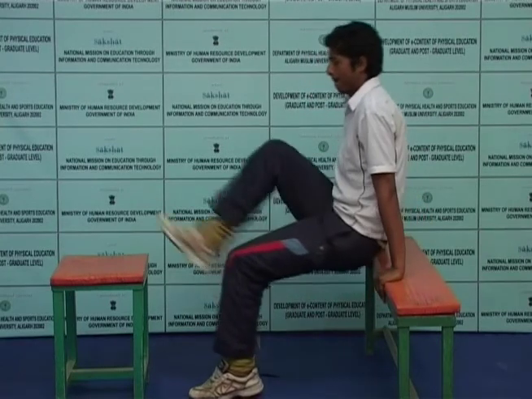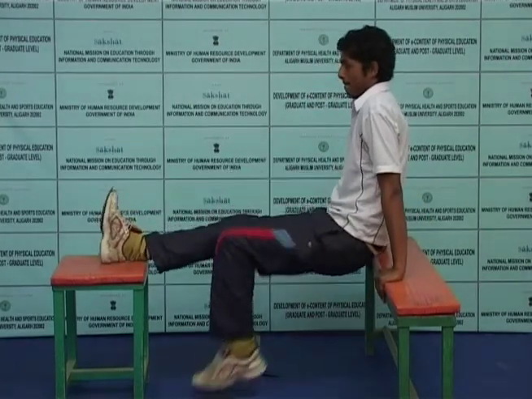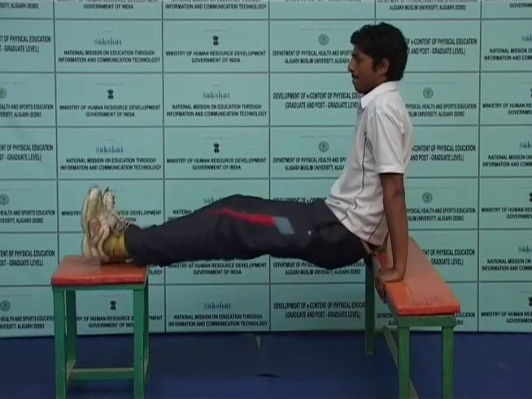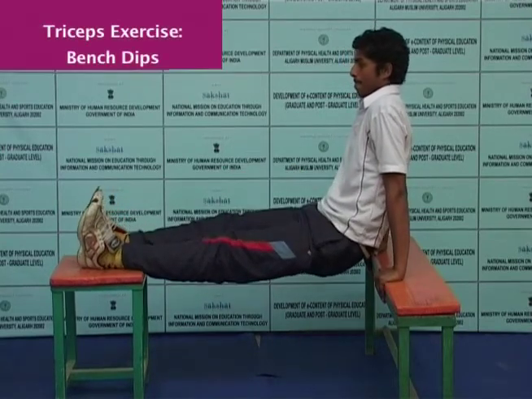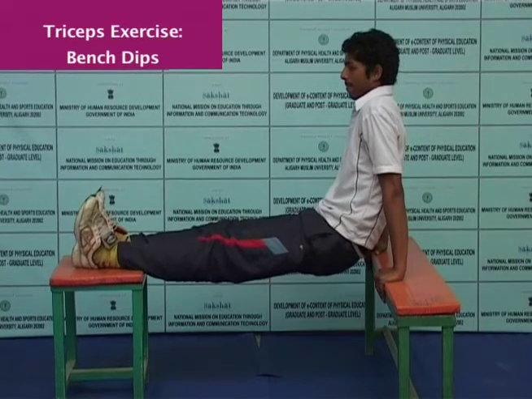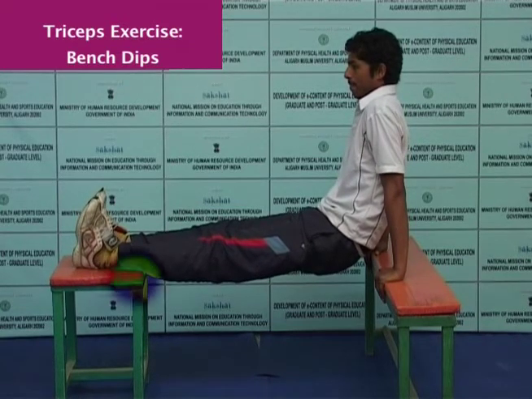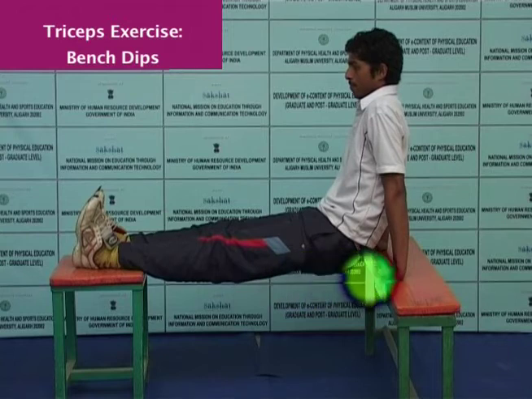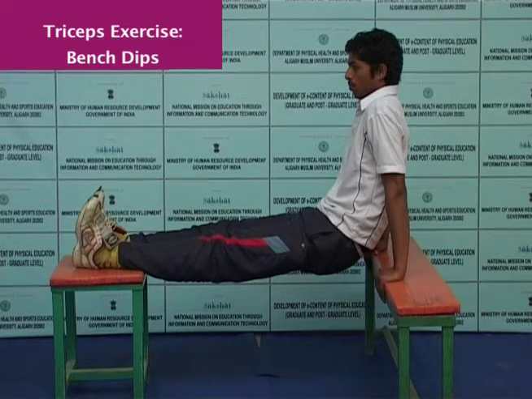Now, in this session we will go through the different exercises, that is, stretching and strengthening exercises for the triceps muscle. Now, we are discussing the strengthening exercises of the triceps muscle. The first exercise we can do is the bench dip. The subject should sit on the inside of one of two benches placed parallel, slightly less than a leg's length away. Place the hands on the edge of the bench, straighten the arms, slide the rear end off the bench and position the heels on the adjacent bench with the legs straight.